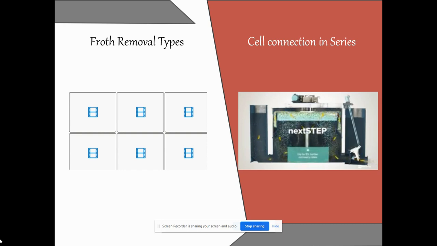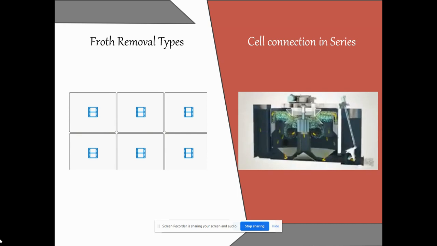The slurry comes in through the feed box and is directed into the rotor-stator combination at the bottom of the tank. The air pushed through the hollow shaft is dispersed into bubbles at the bottom. Particles attached to the bubbles then move up to the froth phase, where they are removed as a concentrate.